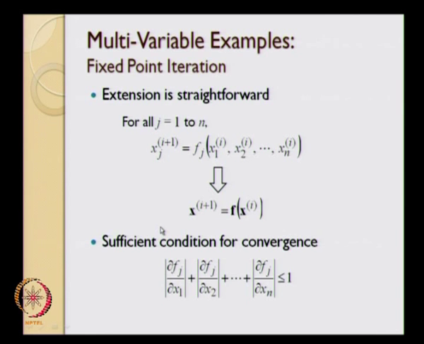When we use fixed point iteration, we saw that the sufficient condition for convergence is that the sum of the absolute values of the partial derivatives of the function with respect to x1, x2 and so on up to xn should be less than or equal to 1. Okay, this is the condition for convergence, and I had stated, without proving or looking at examples, that this often ends up being a fairly stringent condition, which limits the applicability of the fixed point iteration method.